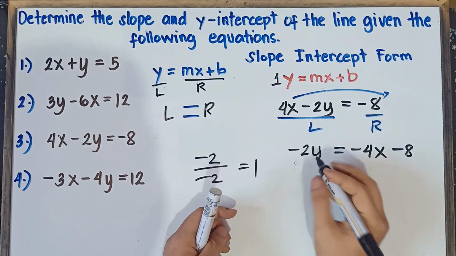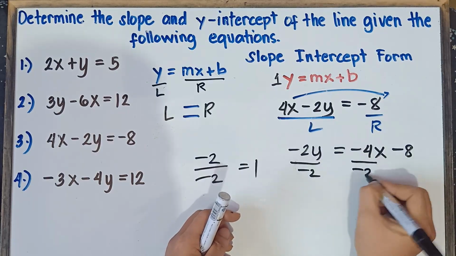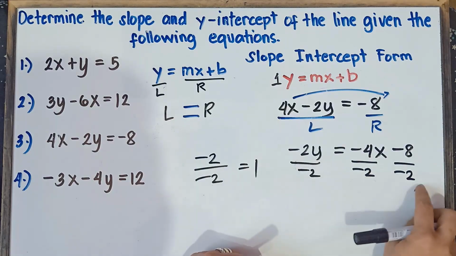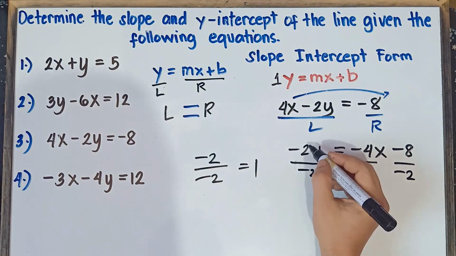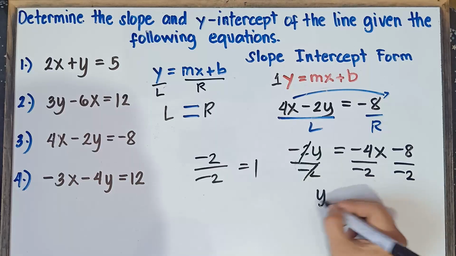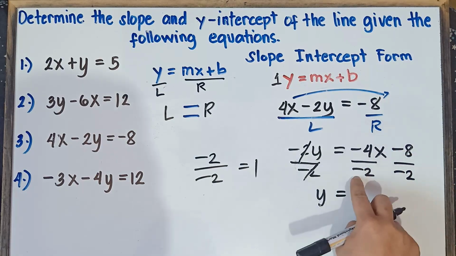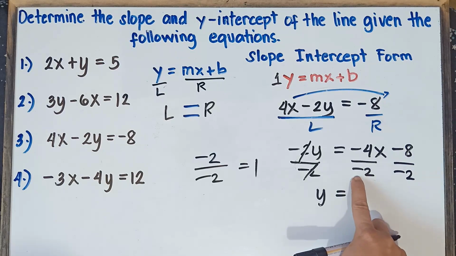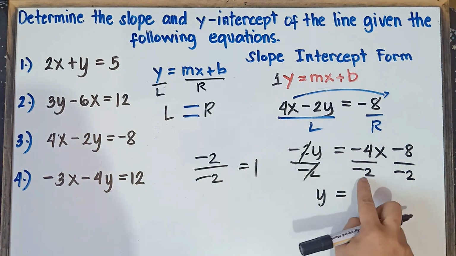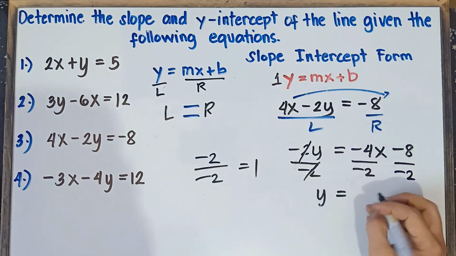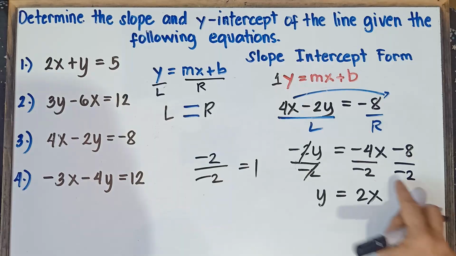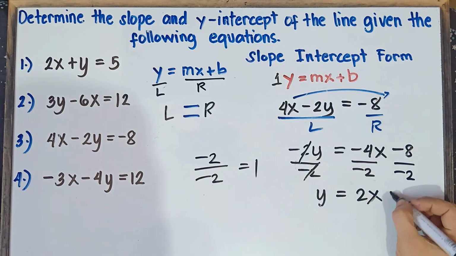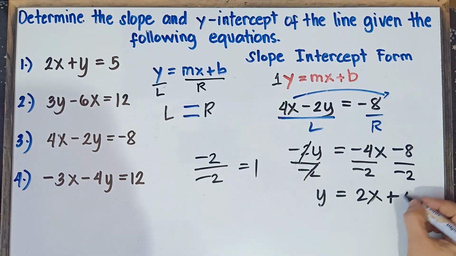Okay, so that we can have this format, 1y equals mx plus b, we need to divide both sides by negative 2. We can do it individually because this is a binomial. We have two terms. So simply cancel this out. So copy y equals negative divided by negative is positive. Once again, class, if you're dividing same signs, the answer is always positive. 4 divided by 2 is 2. Simply copy x. Negative 8 divided by negative 2, negative divided by negative is positive. 8 divided by 2, that would be 4.